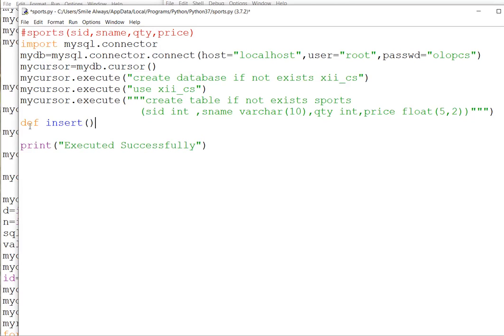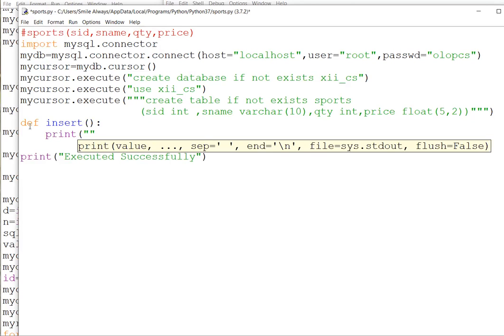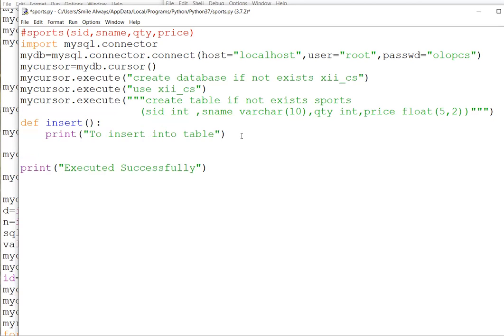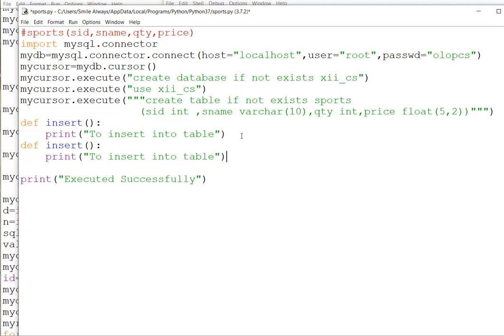The work of this function will be to insert into the table. And one time you will practice this. Remember, you are going to start making your project. Even that will be considered as your holiday homework also. Therefore, we have done this part first rather than other Python chapters.